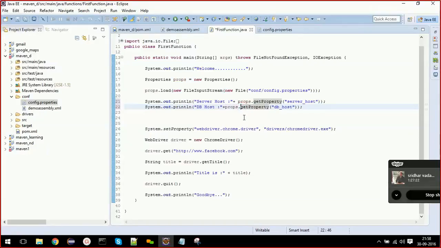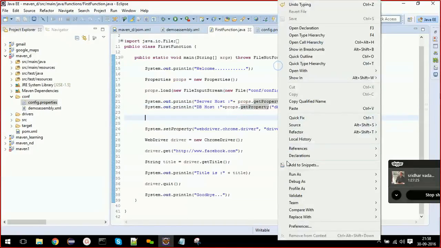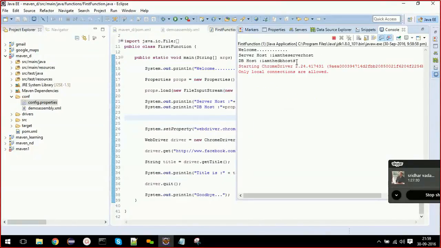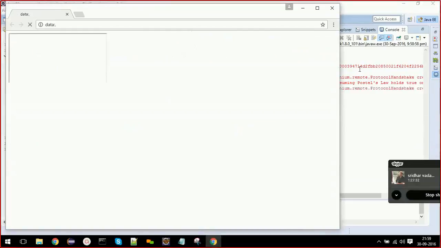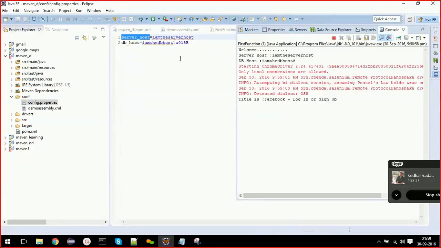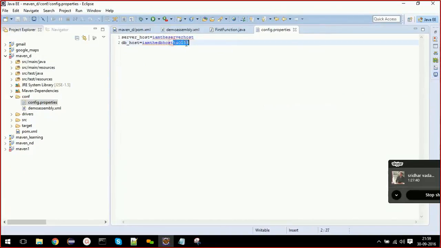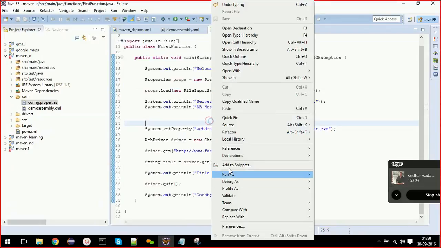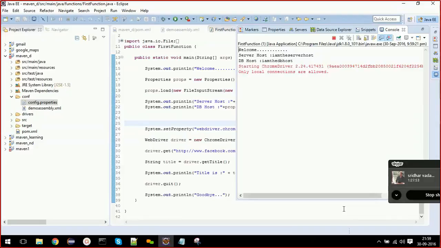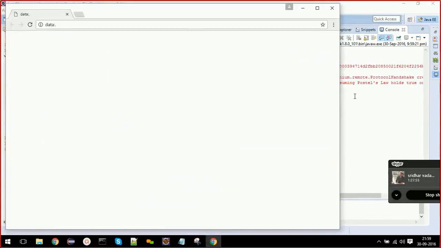Okay, server host is I am the server host, DB host is I am the DB host. Okay, so now it's reading the values, and if I do the same thing with Maven clean install, let's see